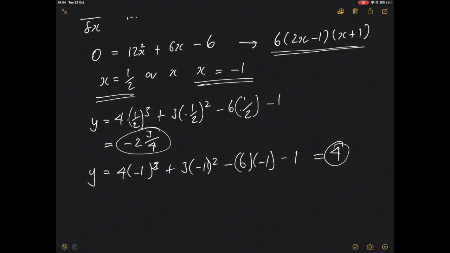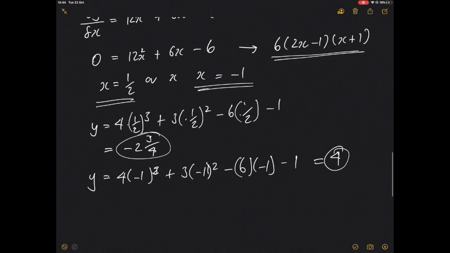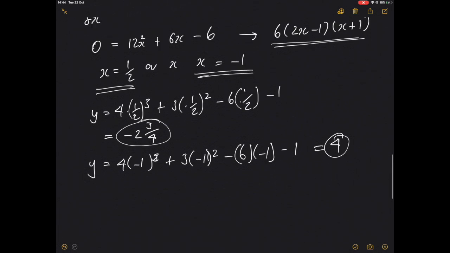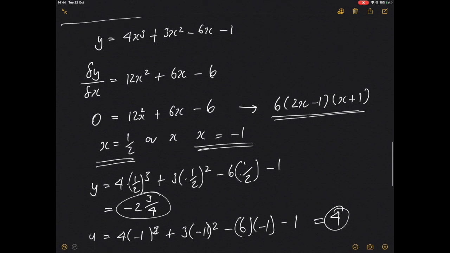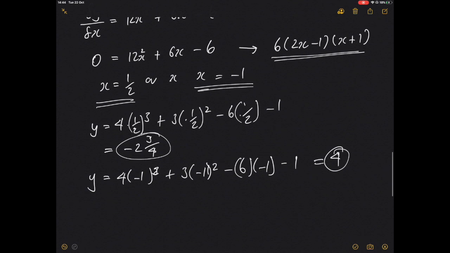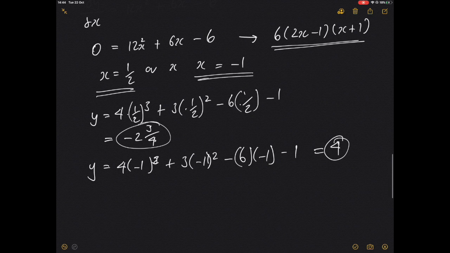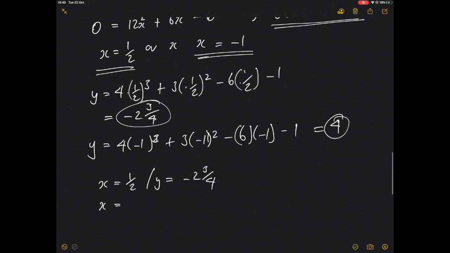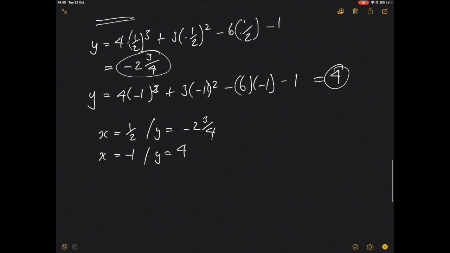So we've answered the first part of the question, where we've shown that we have two locations, x and y. So x would equal a half, y would equal minus 2 3/4. Or we have a second answer where x would equal negative 1 and y would equal 4. Okay, so now using these numbers,